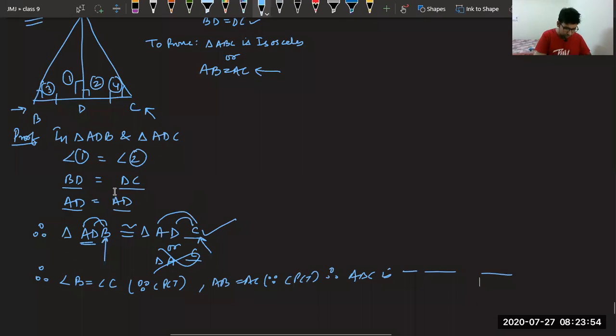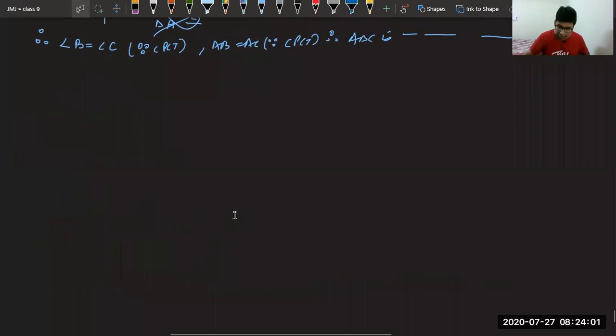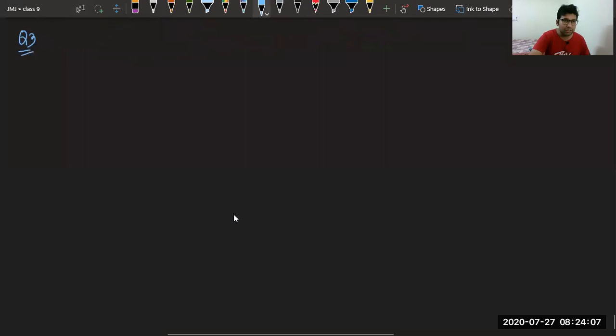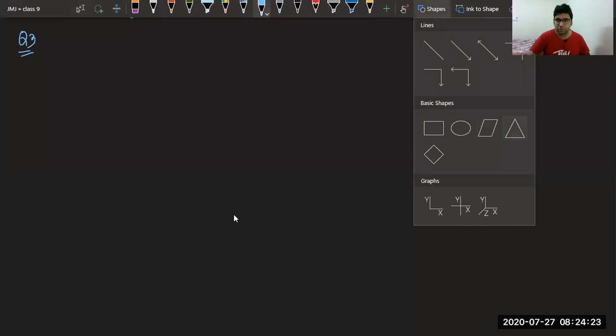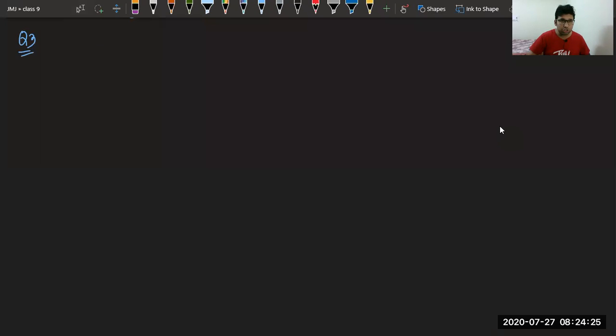Now we'll try question number 3. Question number 3 is a little bit of a question which you have to think upon. In this one, we will try, and I hope you all have tried it very well, because it is a complex diagram, so it requires the same thing. You have to draw in 2 words. Yes, beta Lakshay, it is thinking one. Let me show you the figure first. It is a very good question.